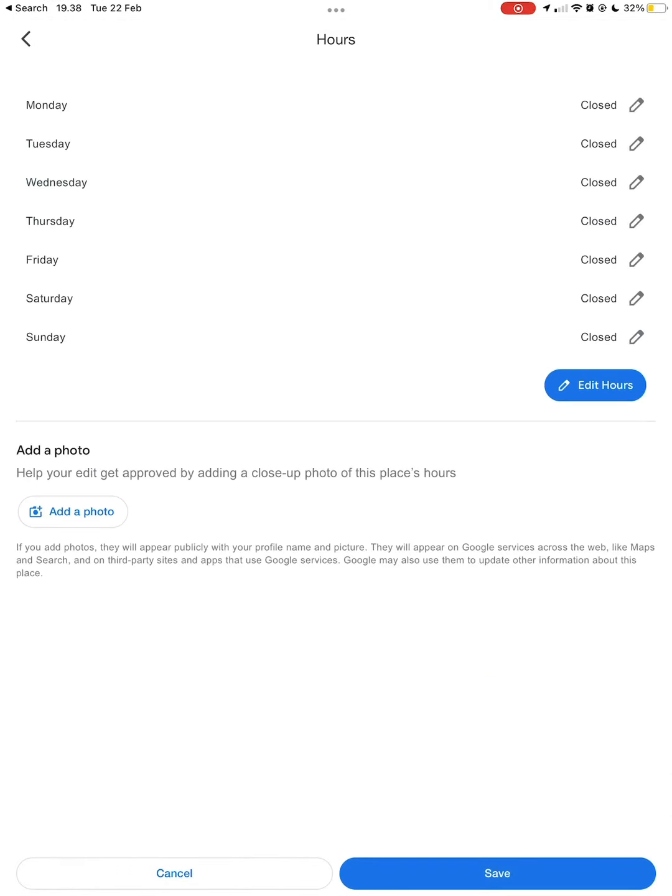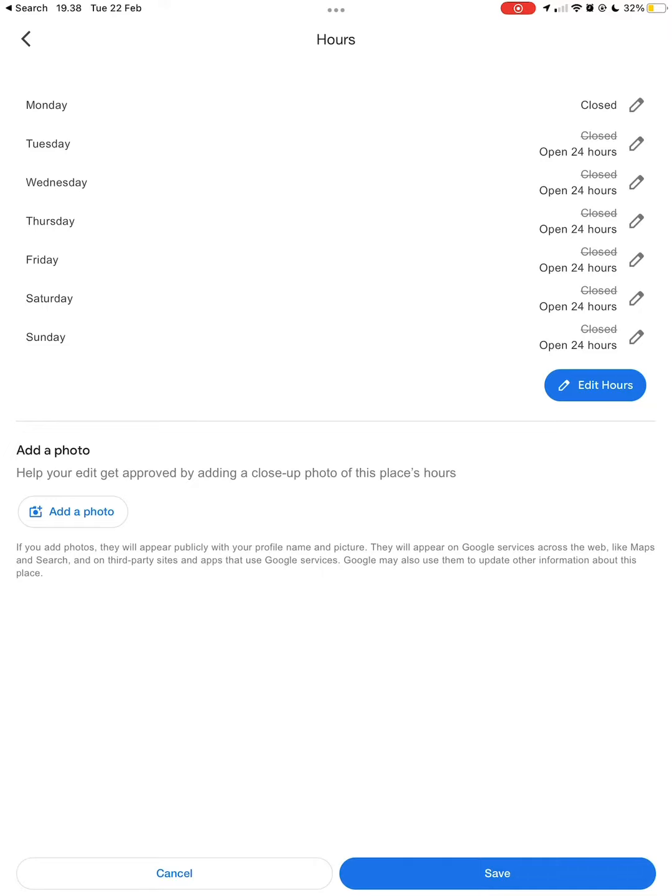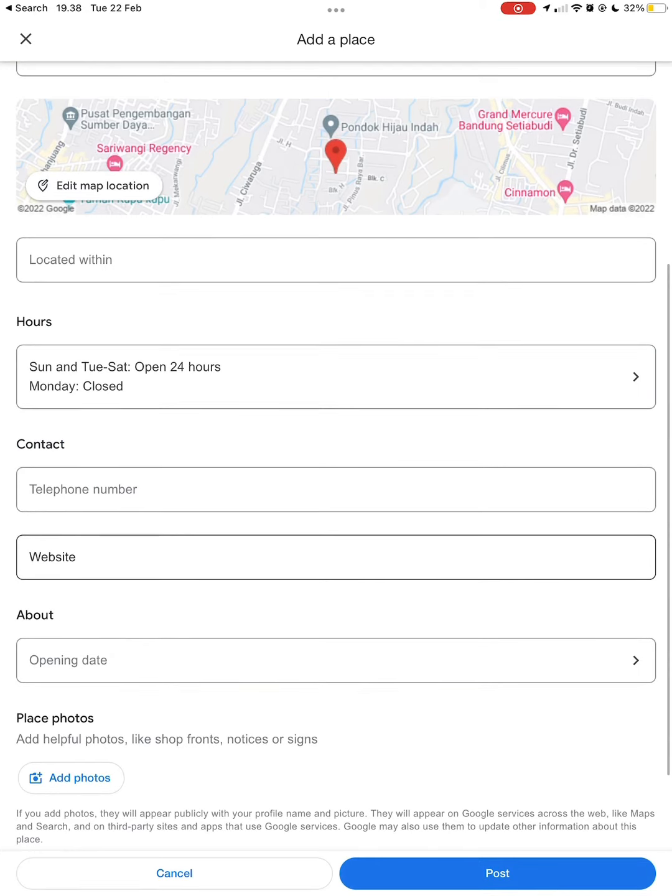Now you can put the opening hours. So for example, when this place is gonna be open, so you have to select the days and time. For example, open 24 hours, and then just press save. And then you can also add a photo to help your edit get approved by adding a picture, and then